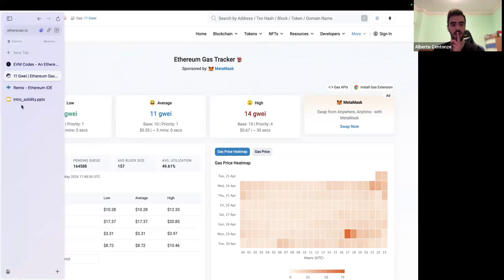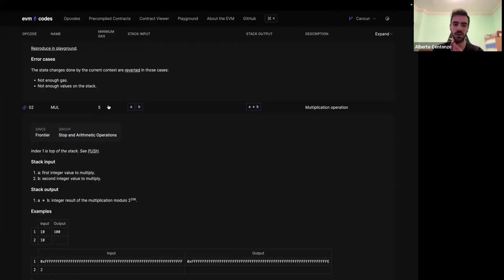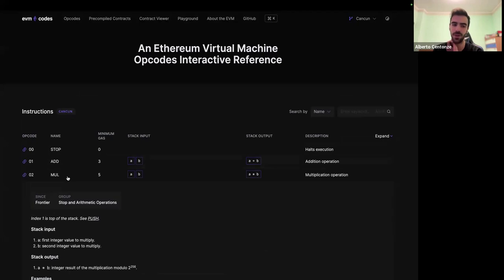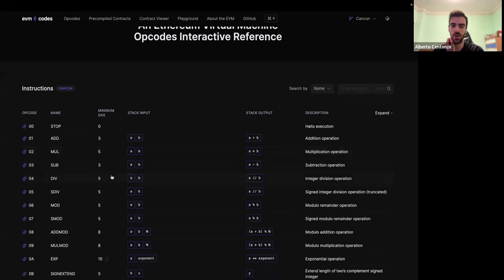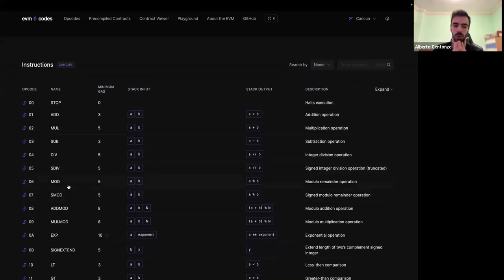Now, how do they actually pick these costs? Did they just say, maybe multiplication is harder than addition, so let's make it more expensive? No, this is very well thought out. The idea was to replicate the consumption of an actual machine. They did benchmarks and estimated the time in milliseconds an instruction takes to execute on a processor, and tried to keep the costs as close as possible to the actual cost of a processor.